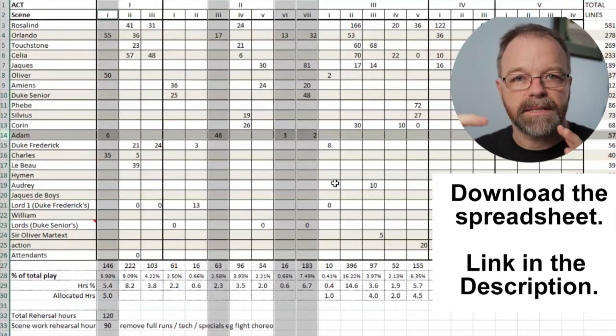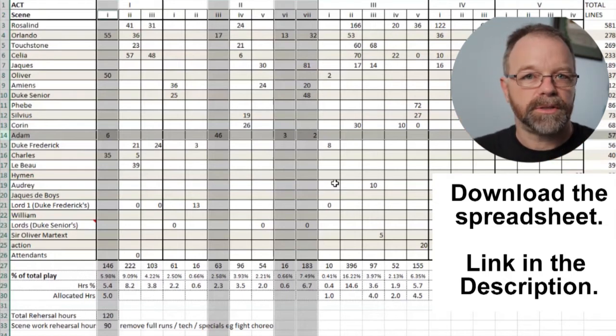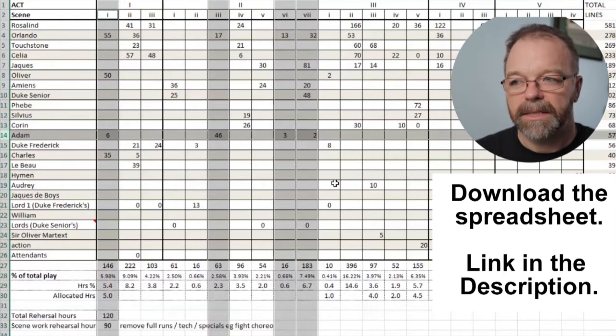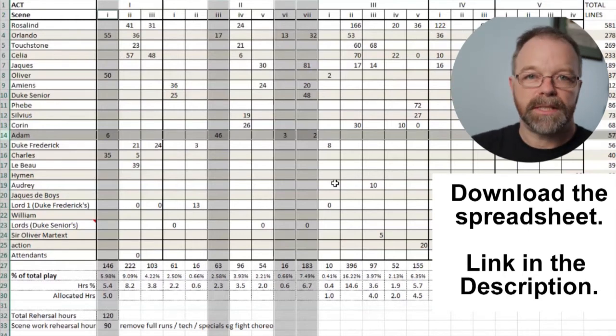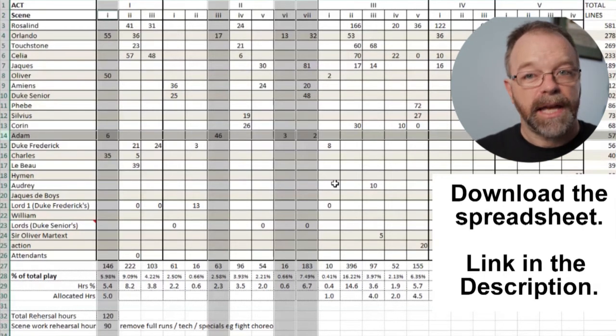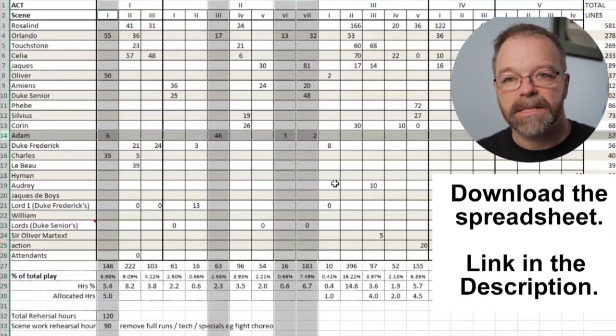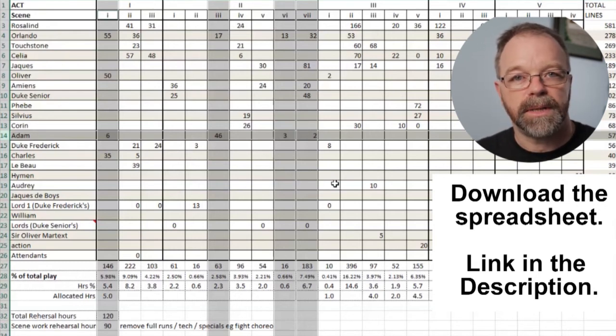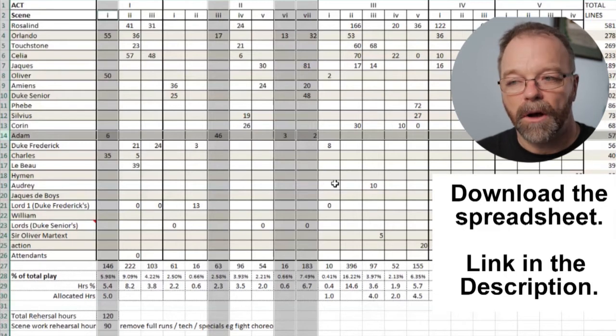I'm trying to maximize the opportunity for the actors, so they're not turning up to a rehearsal and wasting 2 hours sitting around doing nothing while other people are running scenes. So, obviously the expectation though is that they're running their lines themselves and working on that. They are welcome to be in the rehearsal space, running lines with other actors if they want, but their requirement is not to be there until the scheduled time.